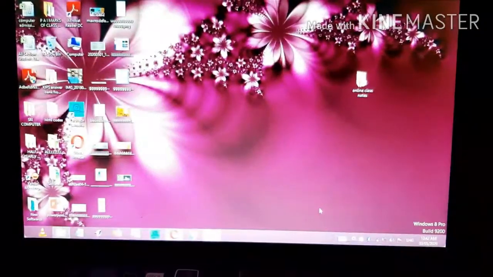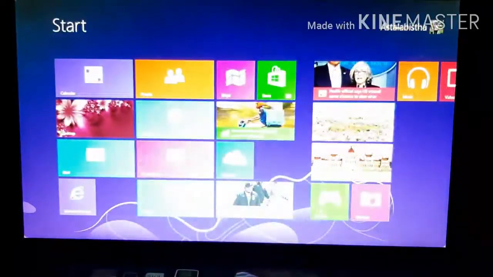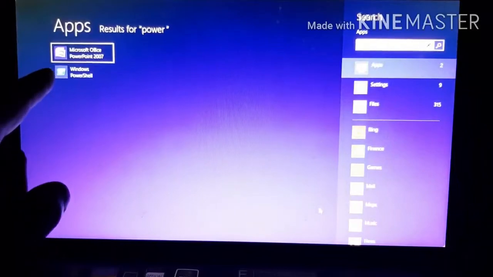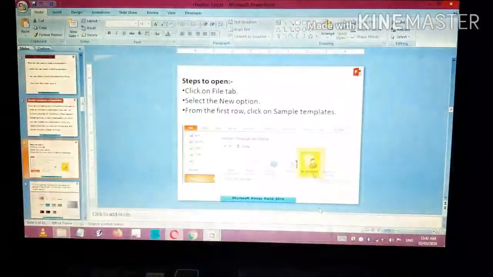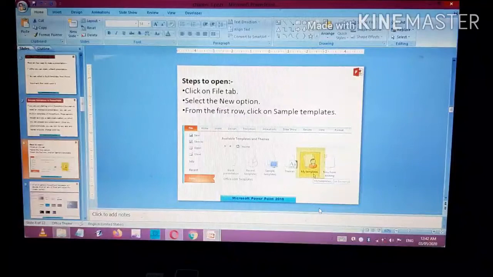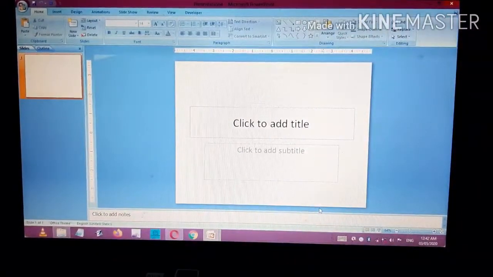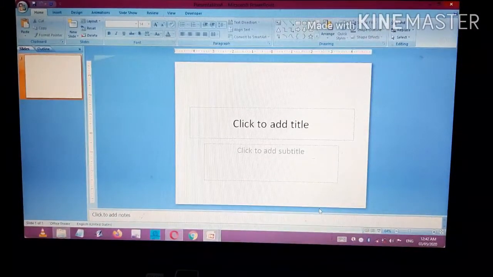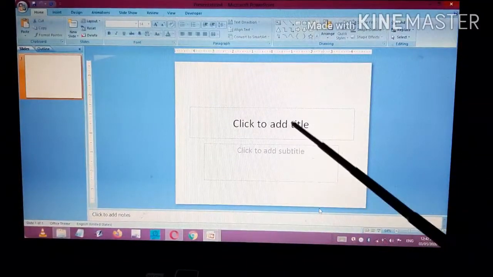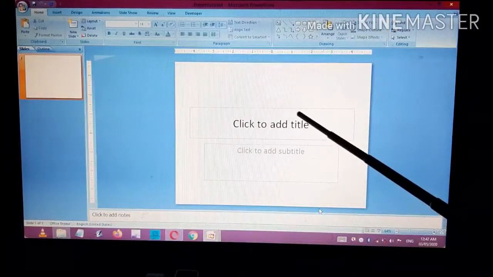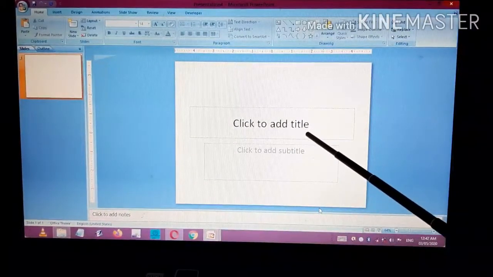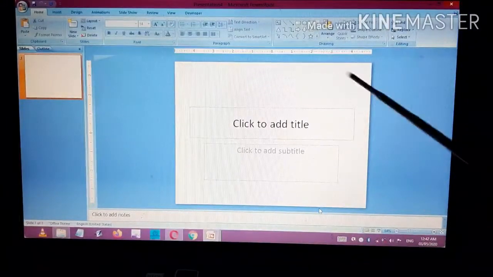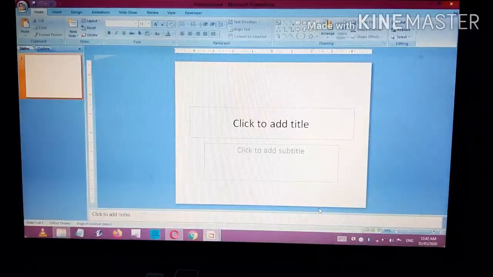So this is your desktop, and we have to open PowerPoint. Start button, type POWER. You get the option of PowerPoint, and this is your PowerPoint presentation screen. See, now what we have seen in the first slide, that after opening PowerPoint, you will get a blank presentation like this. If you want to work on this blank presentation, you can continue with this. But if you want to insert a built-in template, that means some design to this particular slide, then how we will do that, we'll see.